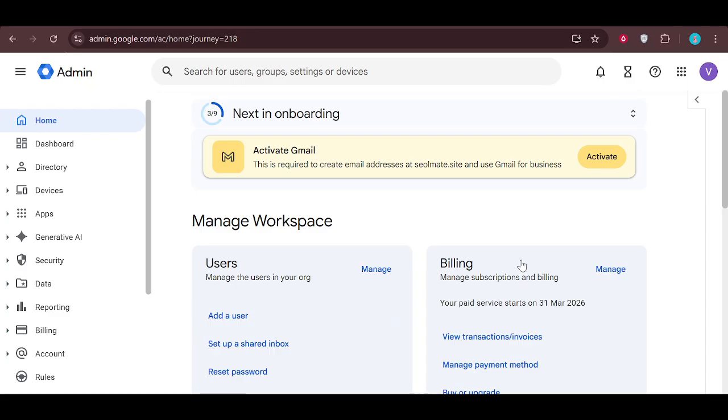First, you'll need to sign into the Google Admin Console using an administrator account. This is important because only admins have permission to manage user settings and add aliases. Once you're signed in, you'll land on the main Admin Console dashboard, which is where all your workspace settings are